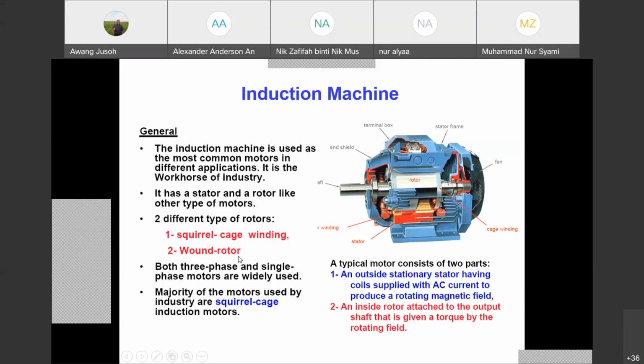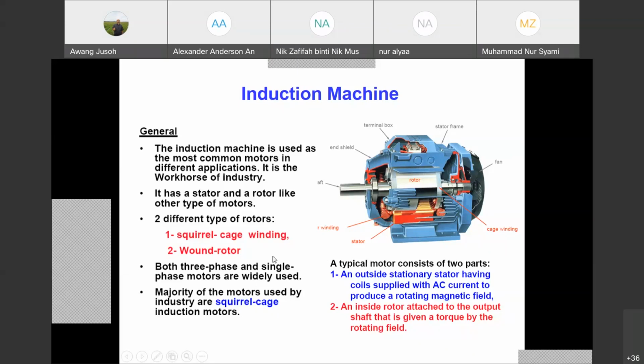But when we change the R2, it will change the torque speed profile of the machine. You know that in order to control speed, you have to change the torque speed profile. Like a DC motor, right? When we change the voltage, it will change the torque speed profile. Or you change the RA, it will change the torque speed profile. Or you change the flux, it will change the torque speed profile. When the torque speed profile changes, the speed will change, depending on where the intersection is between load torque and motor torque.